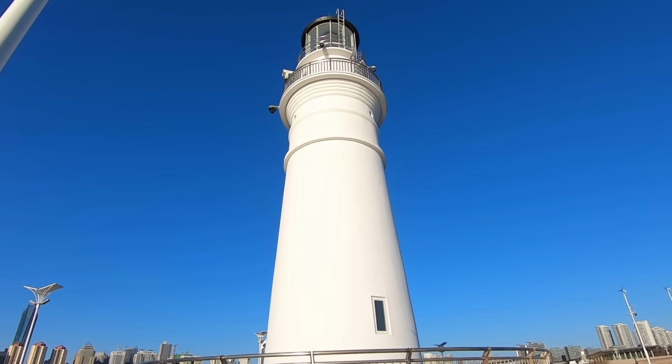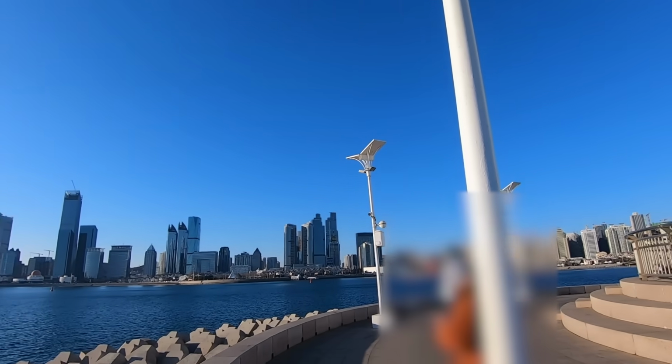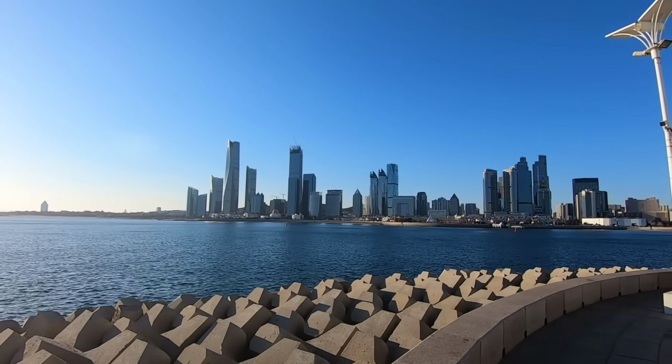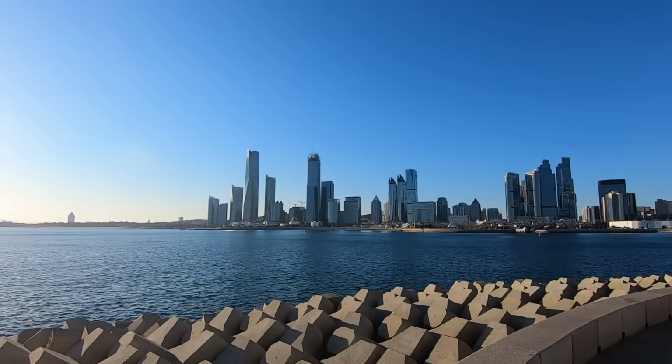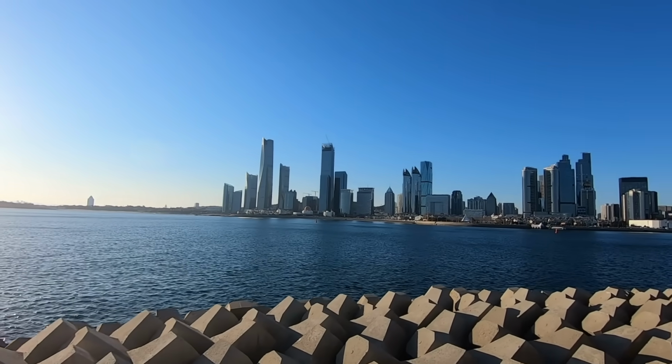We reached the Qingdao lighthouse, and from this point of view we can enjoy the panorama of the city. Basically part of the coastline, with the skyscrapers and business centers in the background,